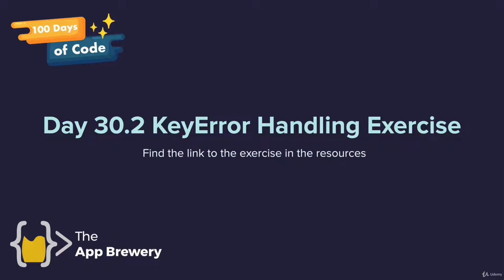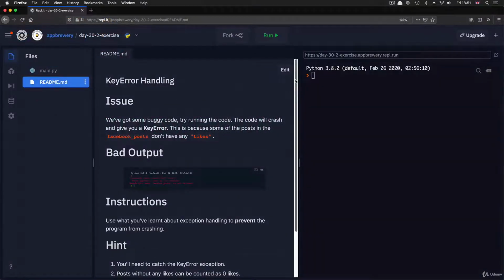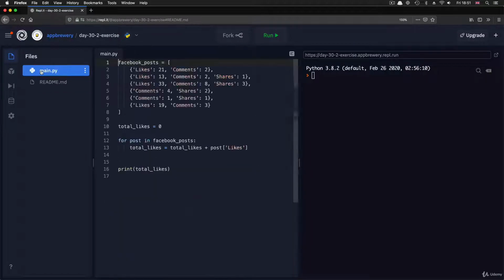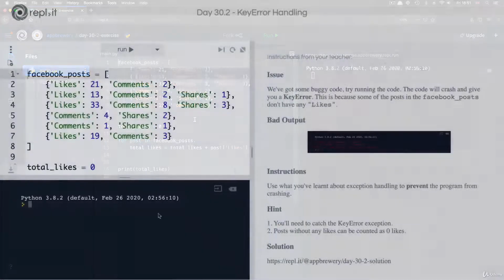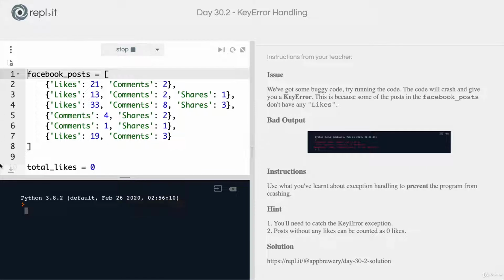Now that you've handled index errors, we're going to handle a different type of error in this coding exercise. We're going to look at key errors. So in this case, again, when I hit run, my code is going to crash and I get a key